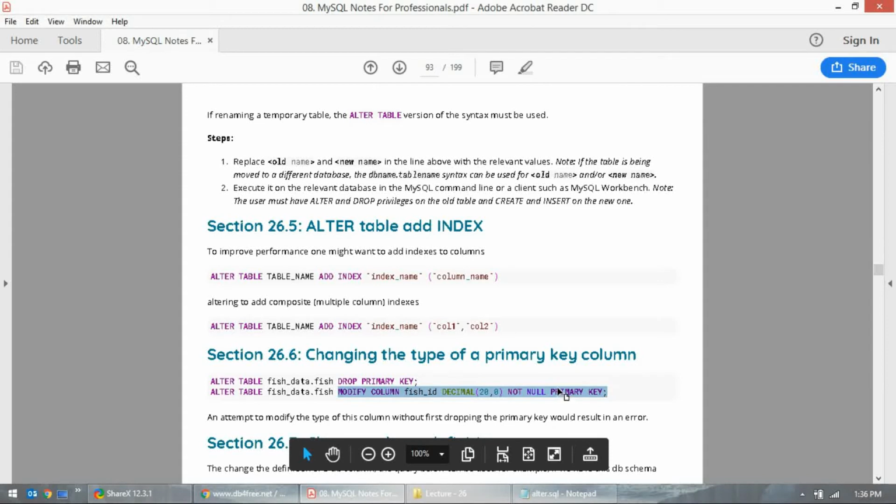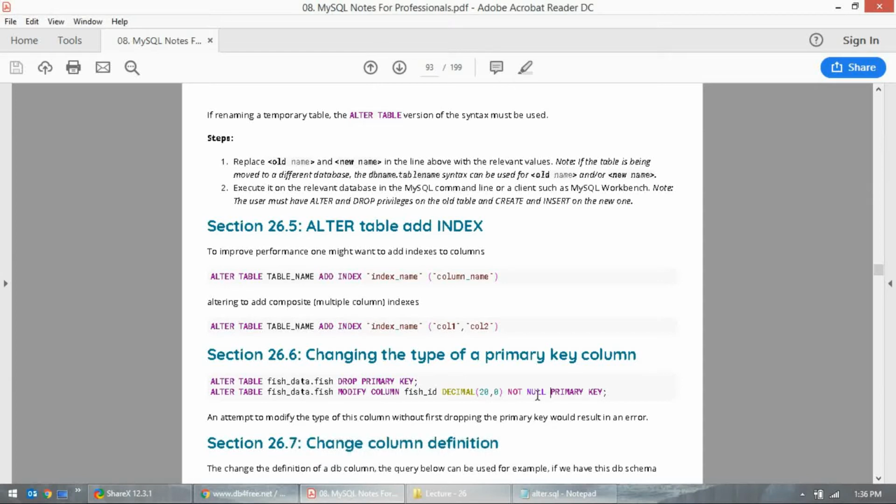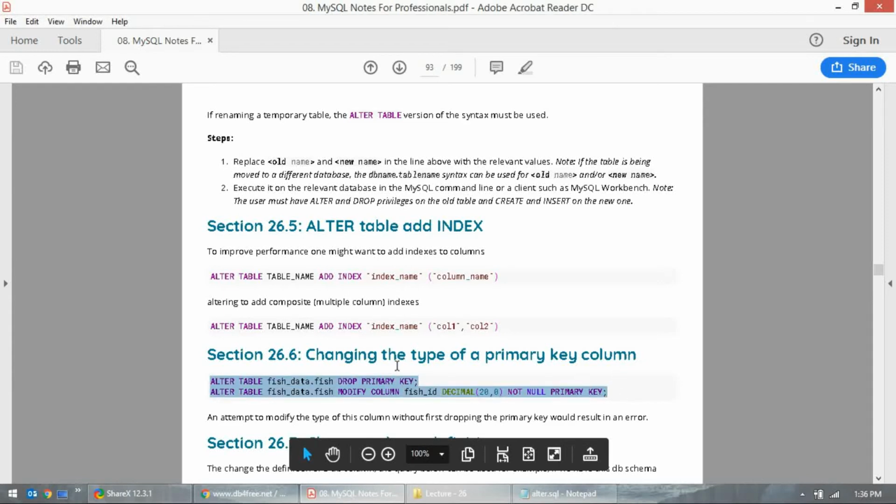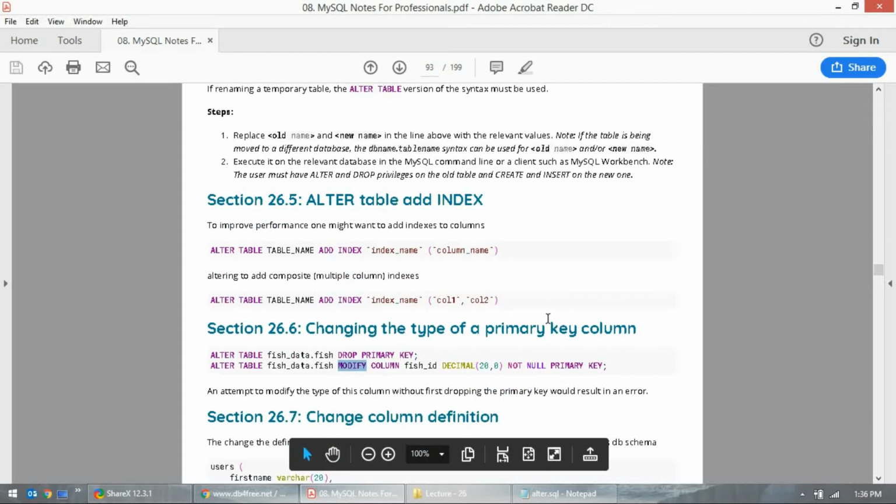You can put a candidate key. I'm not sure I have a candidate key here, but a surrogate key is actually system generated, so you cannot see it, and you cannot even create it. So you can change it with whatever key you want for which table. You can drop it and then modify that column, or you can add a column and create the primary key, and then you can add an index too. Okay, you can do that.